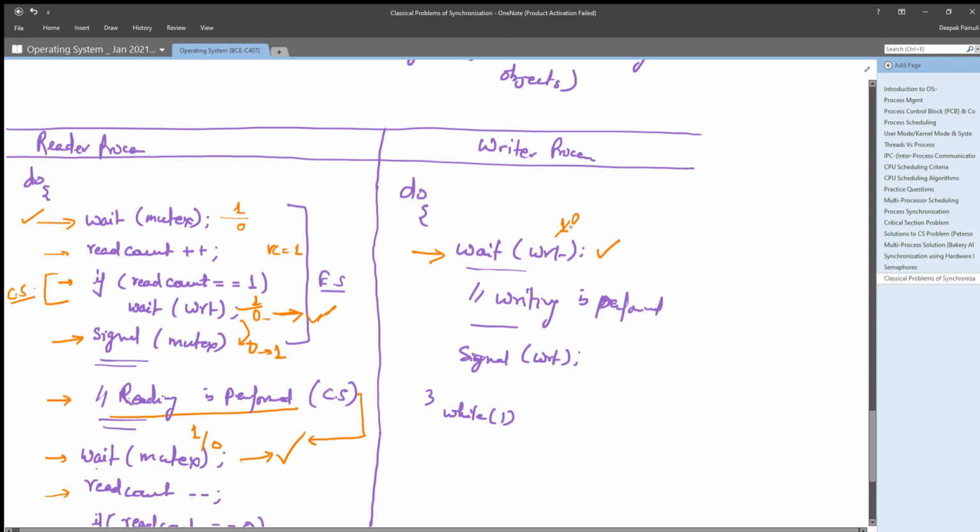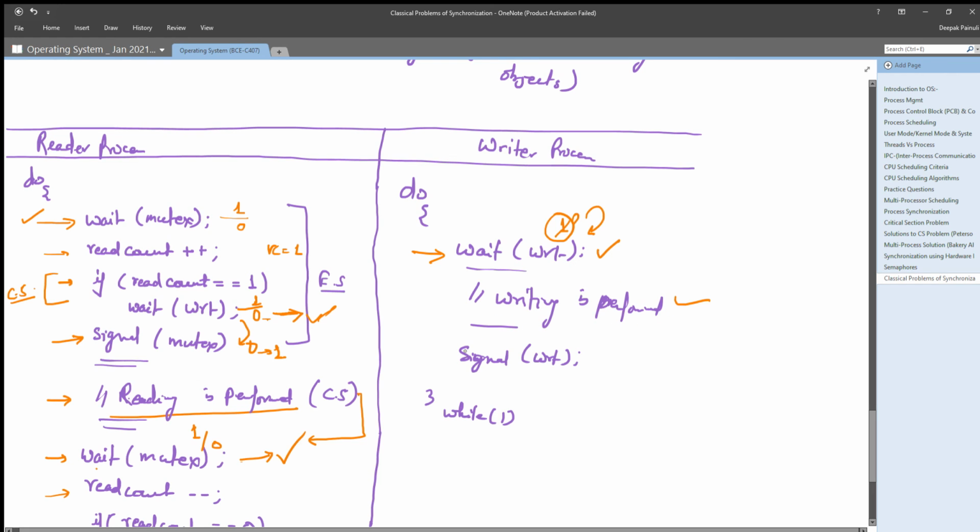So if it gets 0, it has to wait until it gets WRT value 1. It will simply wait on WRT, and after it has successfully executed the wait operation on WRT, it can write the object.